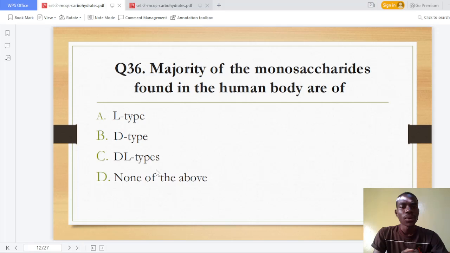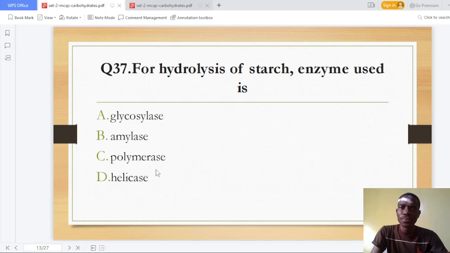All right, so for hydrolysis of starch, enzyme used is, well, guys, I don't really know this question. I don't know how to answer this question, but then, all right, let me just answer it. So for hydrolysis of starch, enzyme used is, all right. So we know that digestion in the human body begins where? In the mouth. All right. So it begins in the mouth. Now, the enzyme that is really needed is one that